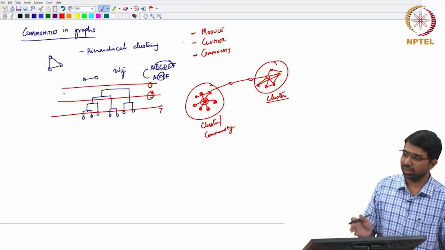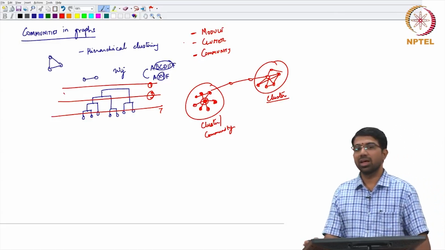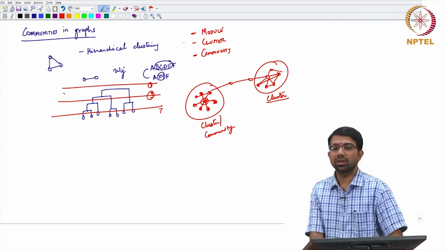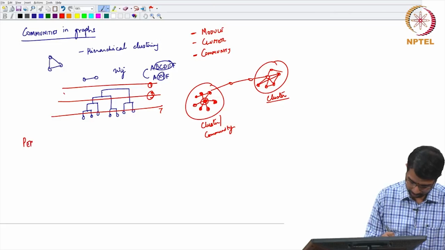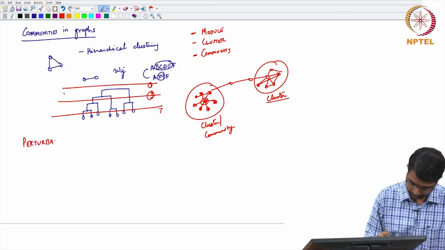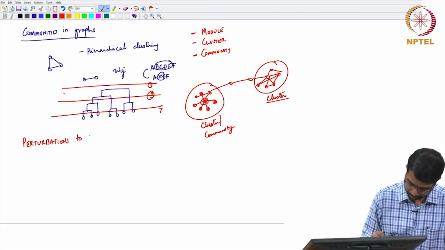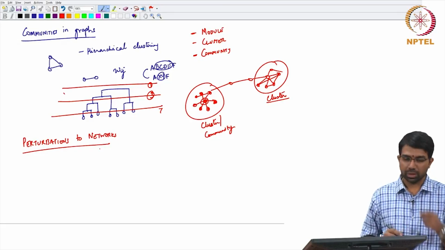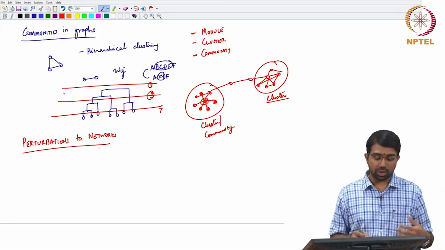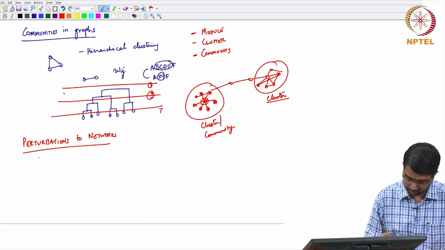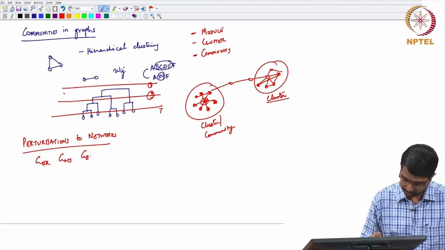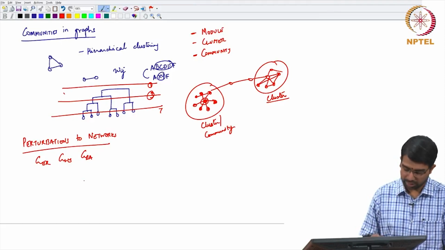Modularity. So, this is modularity. Modularity, community detection is the same thing. Perturbations, right. So, how do you quantify perturbations to any network? Right. And I think you should try to study all of these things. How do you study perturbation? You start with any graph, right. It could be an ER graph, it could be a WS graph, it could be a BA graph, right, and